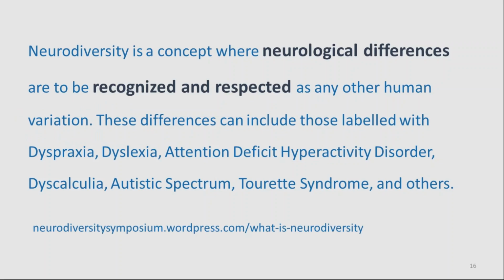So this slide gives a definition of neurodiversity. And this came from the Syracuse University Symposium on Neurodiversity. It shows that although the neurodiversity movement grew out of the autism rights movement, the concept of neurodiversity has now expanded to include all neurominorities, including those with dyscalculia, dyslexia, ADHD, SLI, which is specific language impairment, autistic spectrum, developmental coordination